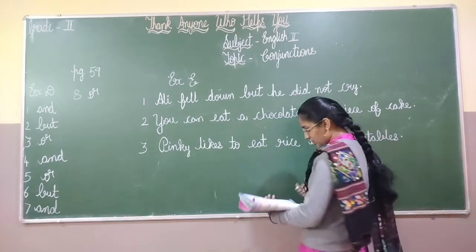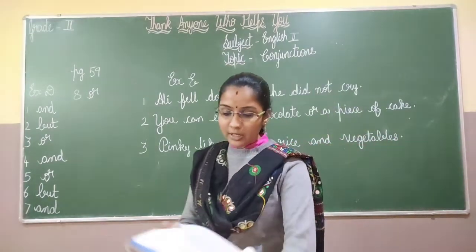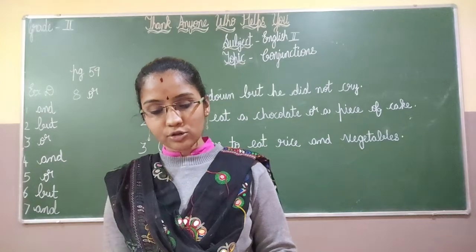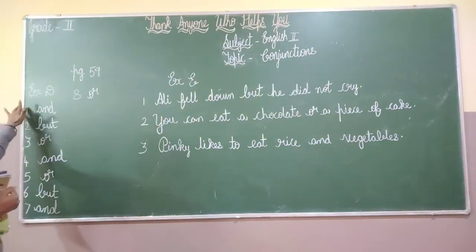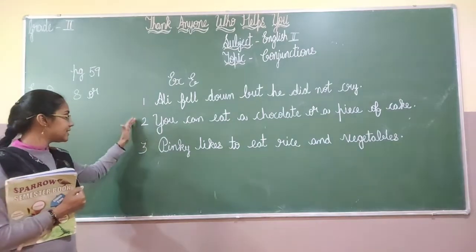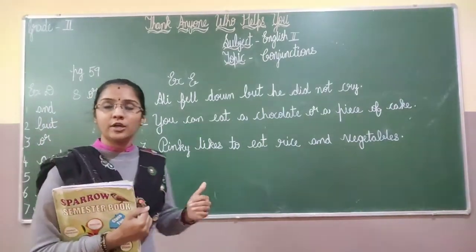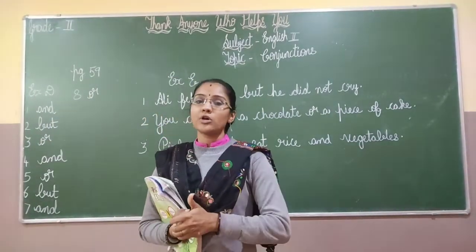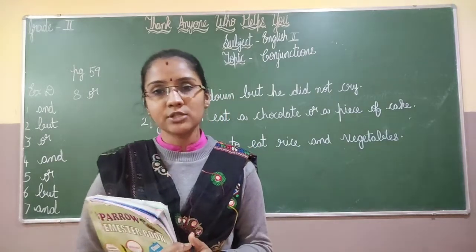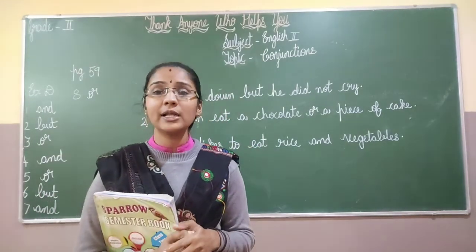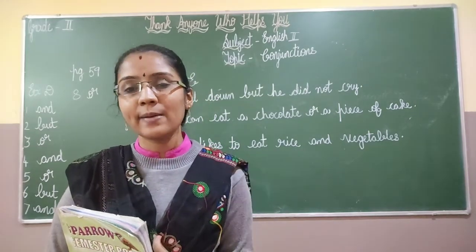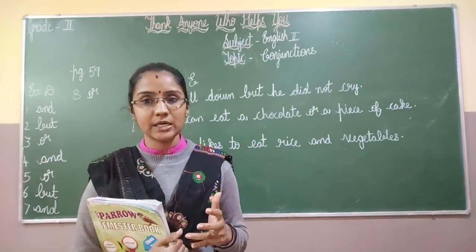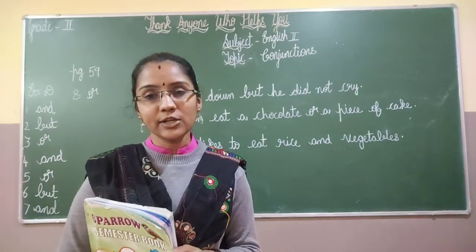Okay. So rest all the sentences I will be sending through the PDF format. So now I want you to complete exercise D and in exercise E the 3 sentences. If you are able to complete, you do it. So I will be sending the rest all the sentences through the PDF format. Okay children. This completes this lesson. I want you to go through the examples of "and", "but", "or". Okay children. Thank you children.